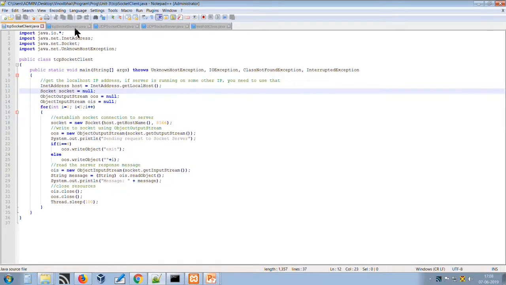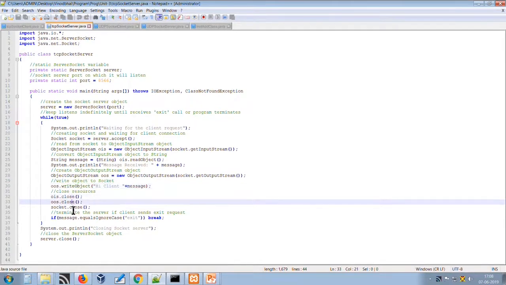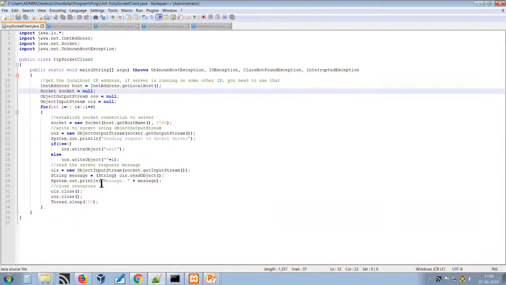The server reads and writes the data from the pipe of the network, and closes the connection once the communication is completed.